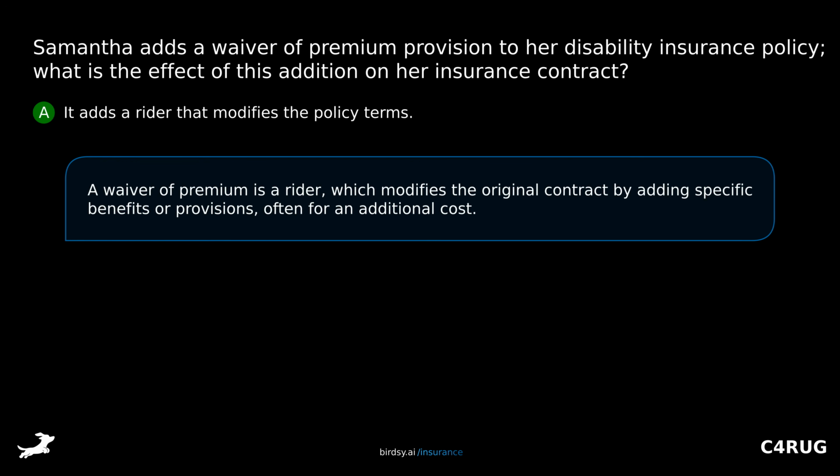A waiver of premium is a rider which modifies the original contract by adding specific benefits or provisions, often for